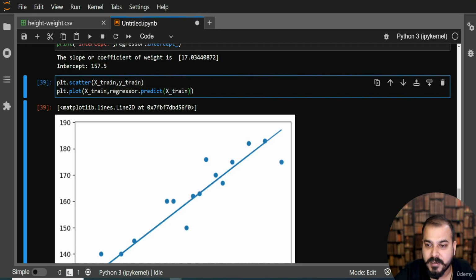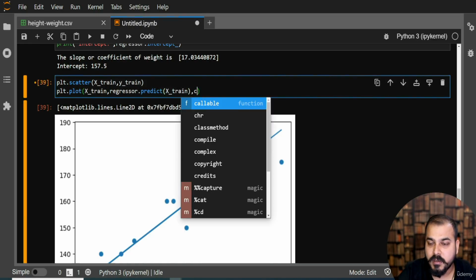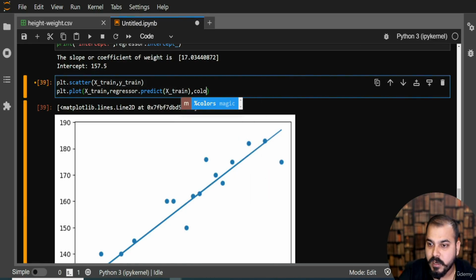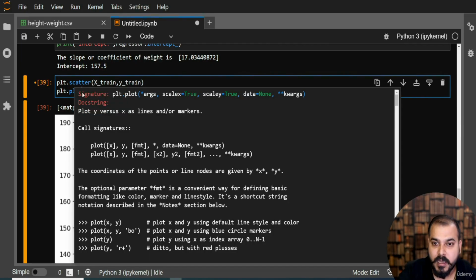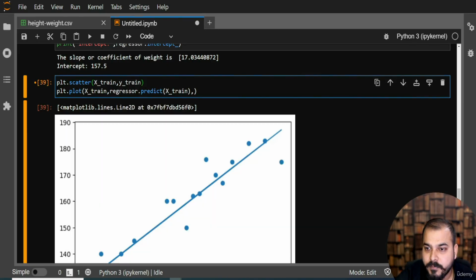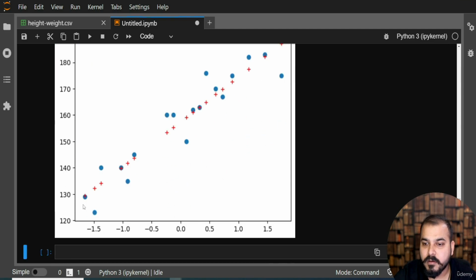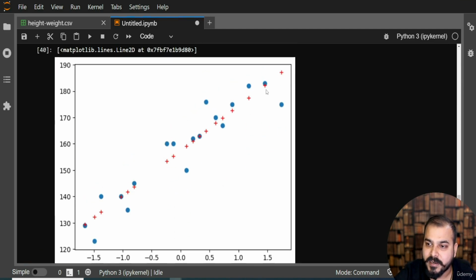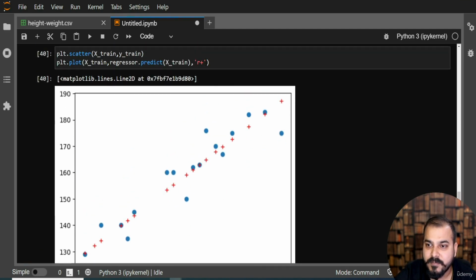Okay, let me use some other color. I hope there is something called color in plt dot plot. Let's see. I'll press shift tab, plt dot, and I can use r plus. Now here you can see these are the dotted lines that I'm getting, and this is for the prediction. If I just write r, here you'll be able to see this is how our straight best fit line is basically coming. Now I hope you are able to understand